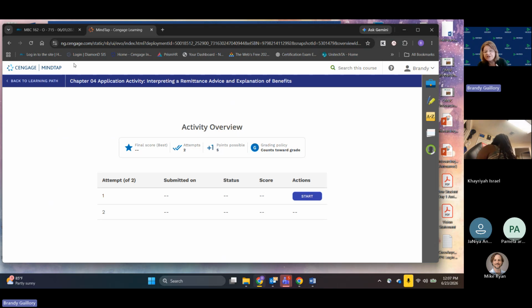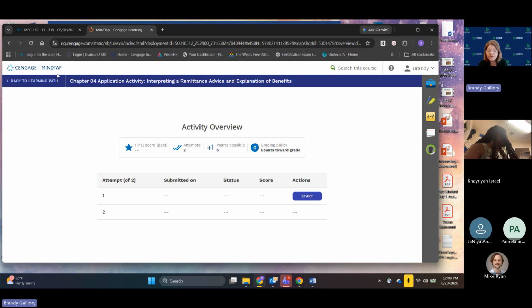But you will have to do that first time. But here's what I don't want you to do. And this is very important, and a lot of students get lost in the sauce because they do this. Once you're in these activities or you're done with it, you see this over here that says back to learning path. You can click there. You can kind of jump around in Cengage. And I'll kind of show you what that looks like, even though I don't want you to do it at first, because later on, once you get used to the system and used to everything, there's a lot of resources in Cengage there for you. But in the beginning, you need to follow along in Moodle.